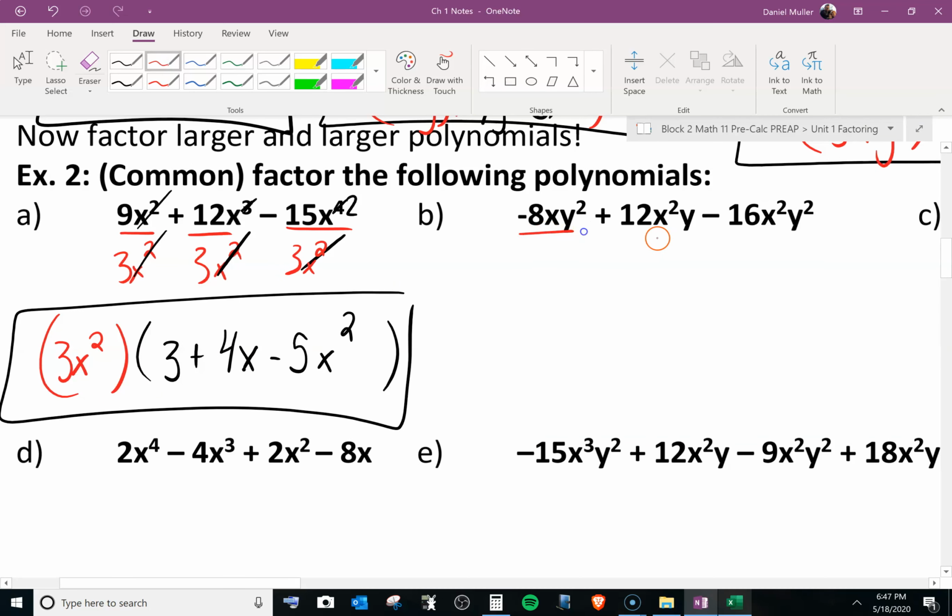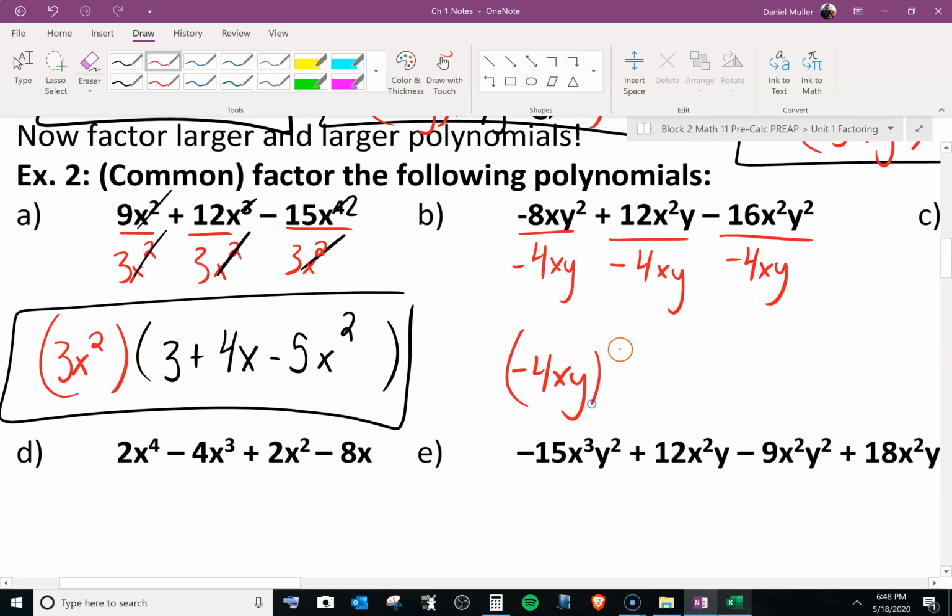So keep going here. These can all be divided. The very first one, by the way, is negative, so we'll make sure to divide them all negative. 4 looks like it's the largest one that can come out here. And then of the x's, x squared, x squared, and x squared, the smallest is an x, so we can take out an x. And then y squared, y1, y squared, y1 is the smallest. So negative 4xy, we'll take that out,